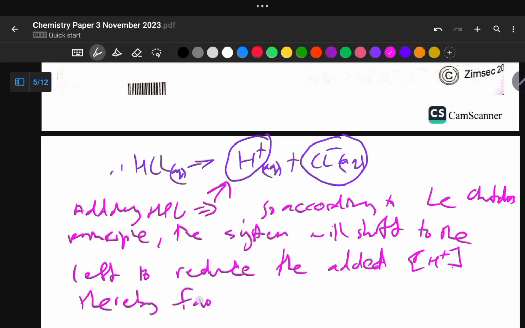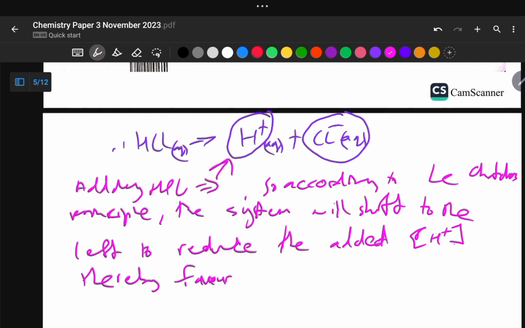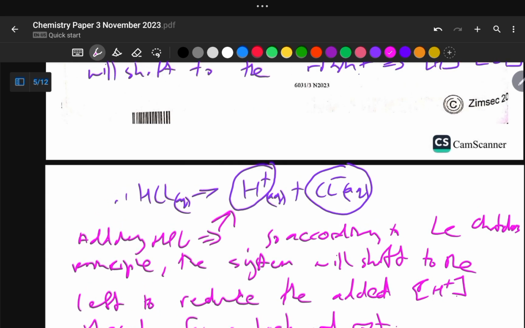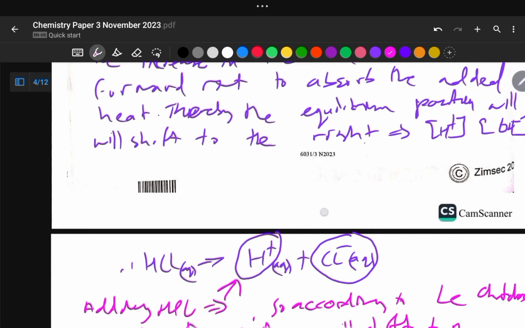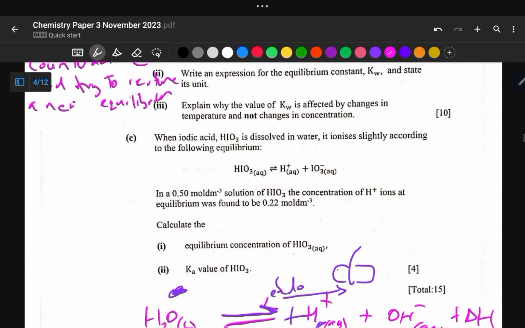So if you are dealing with these reversible reactions, what you should stick to is the Le Chatelier's principle, right? So we are done on this part. So we are now moving on to the next part. So the next part says